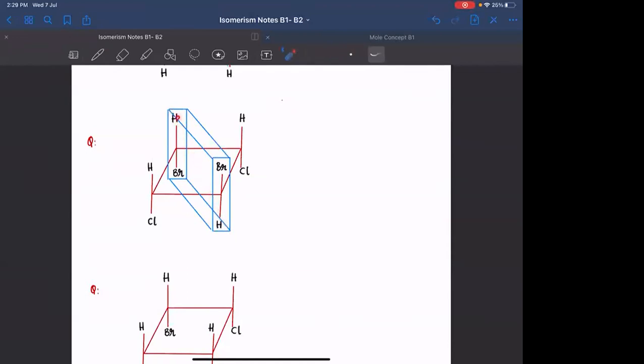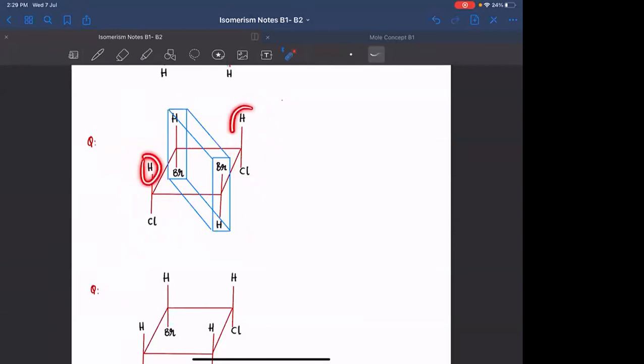The atoms which are present on the plane, you need not check for those atoms. What is the reason? Atoms मतलब क्या है? Atoms are considered to be spheres. If I'm passing a plane through a sphere, it will be divided equally. So left hand side, right hand side same ही होगा. और ऐसा सोचो, the groups or atoms which are present on the plane, you need not consider. इनके अलावा you need to check only this.